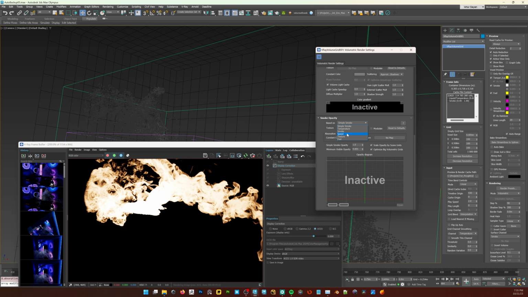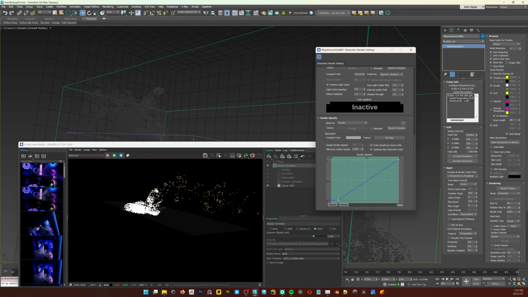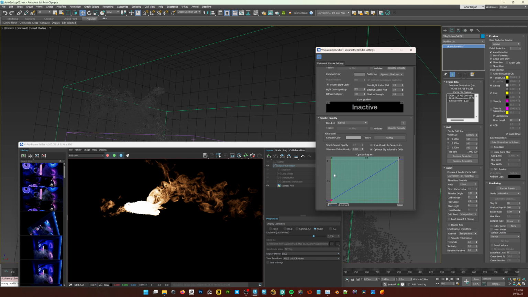So we're going to go to smoke, and you get this cool graph here, which just gives you a generic 0 to 1. I like to expand the graph completely, so I'll set that to a 0 and make sure that's at 1 up there. If we were to bring this down, let's just explore for a second